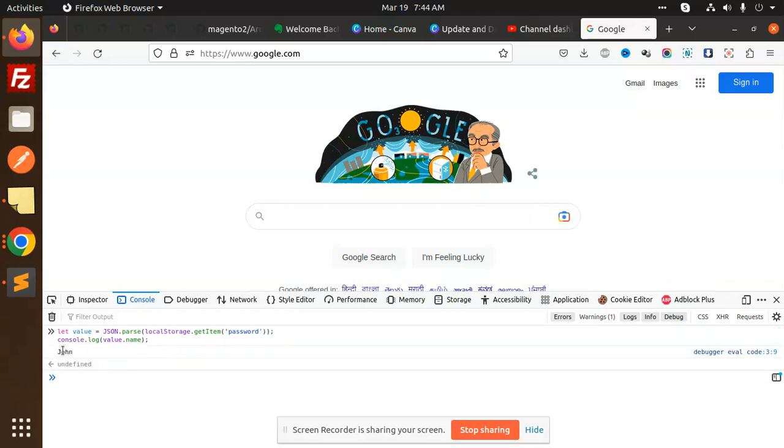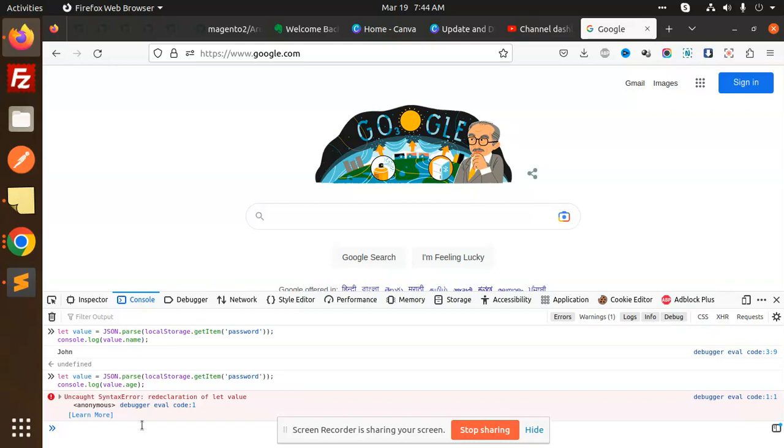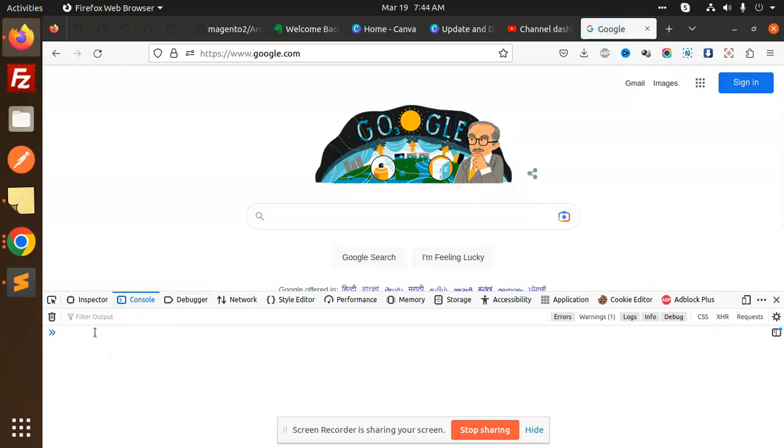You can see that John. If you want to get the age, you can also get the age. So here I can just add age. Okay, redeclaration. Let me reload again. So I will add the age. You can see that 30. So this is how we are able to set the values in the local storage and retrieve those values from